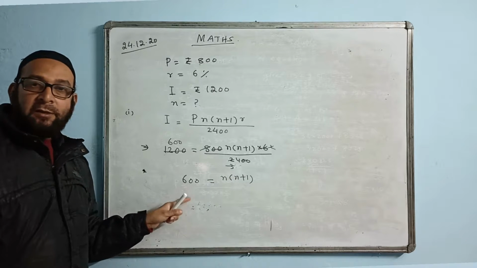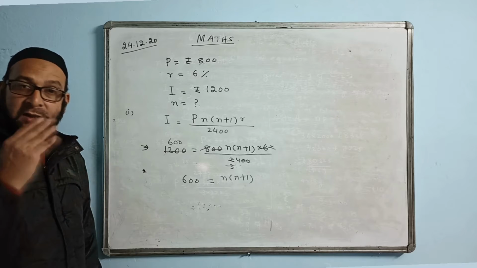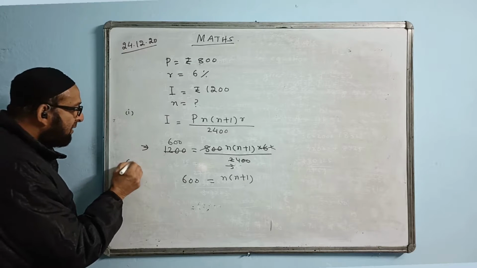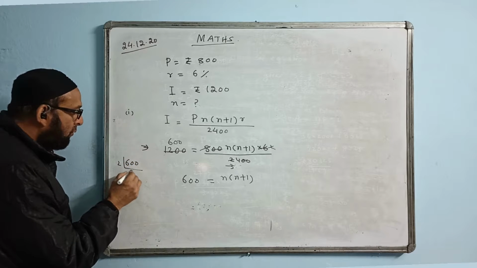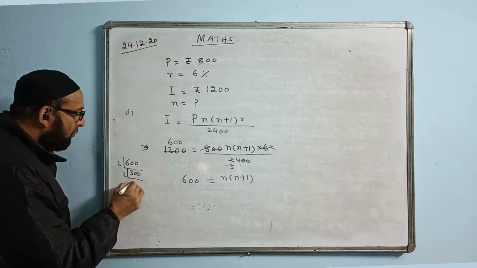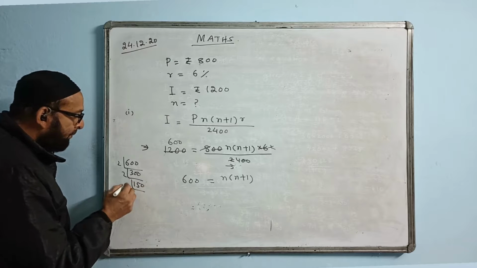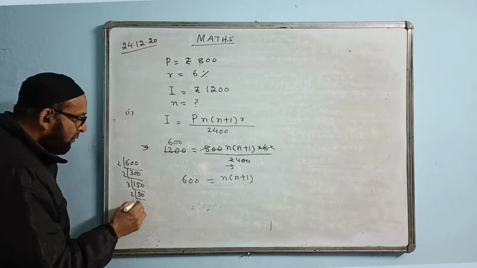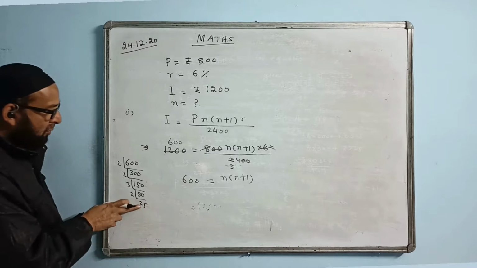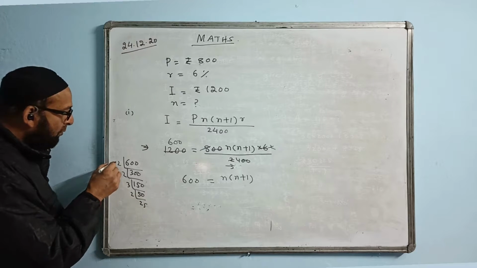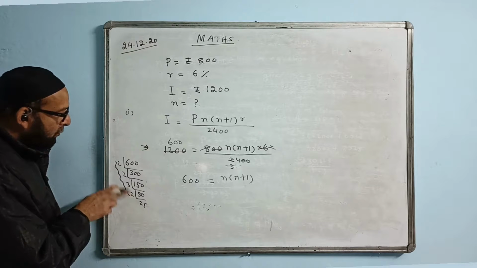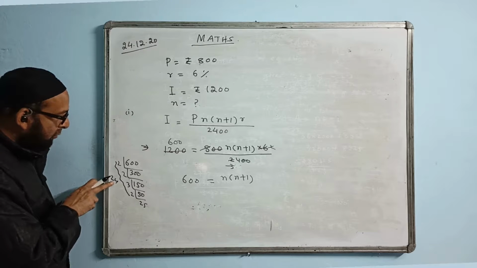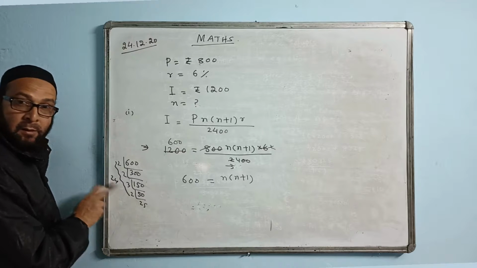Can we break 600 into two continuous numbers, two consecutive numbers? Can we break it? Let us check. Okay. We will take the LCM of 600. 2 300 will come, 2 150 will come, 3 50 will come, 2 25 will come. Let us stop in here and check. 2 3s are 6, 2s are 12, 2s are 24. So we are having two continuous numbers coming, 24 and 25.